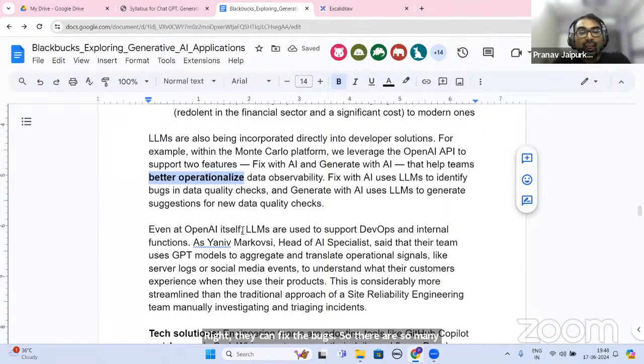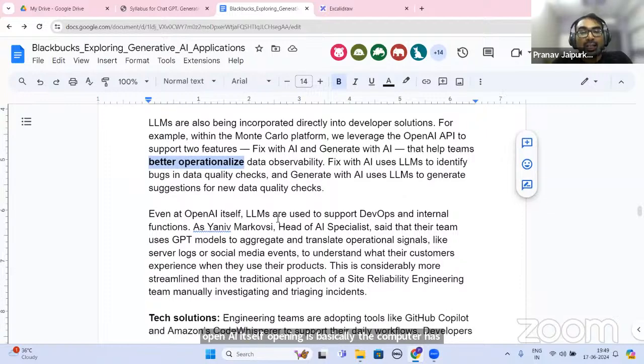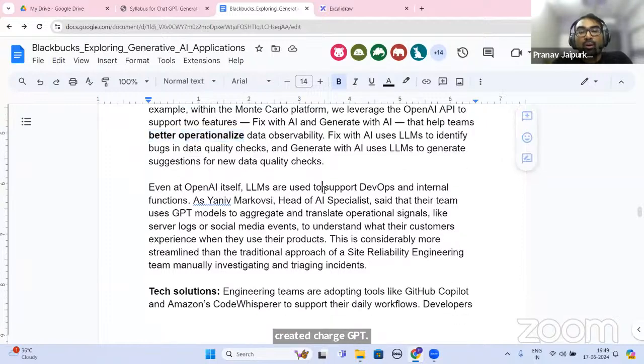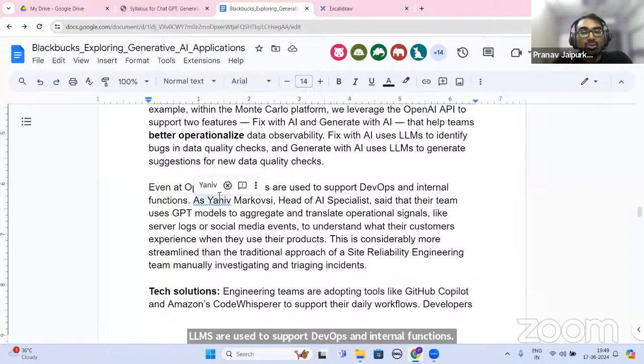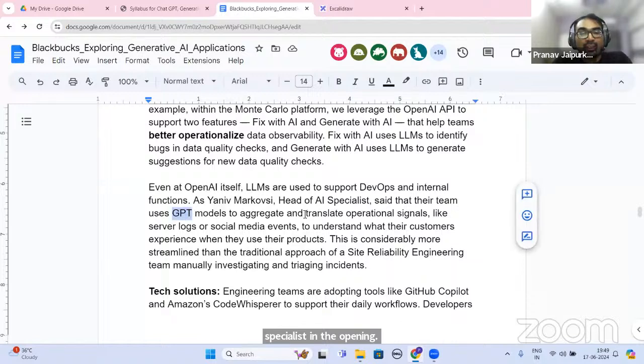Even at OpenAI itself, OpenAI is basically the company that has created ChatGPT, LLMs are used to support DevOps and internal functions, right? So this scientist, Yaniv Markosi, head of AI specialist in the OpenAI team, he is using GPT models to aggregate and translate operational signals over here.